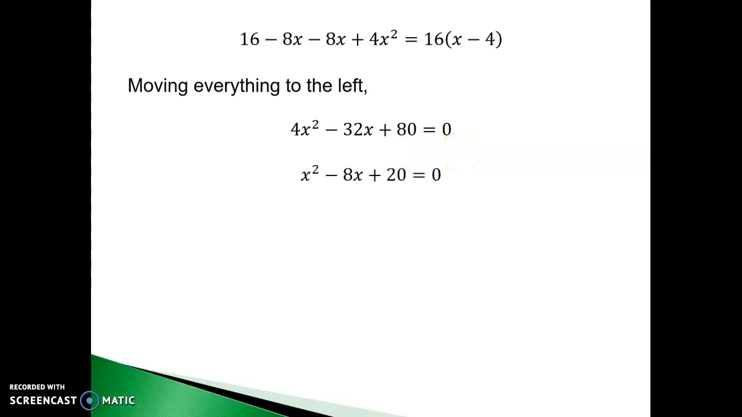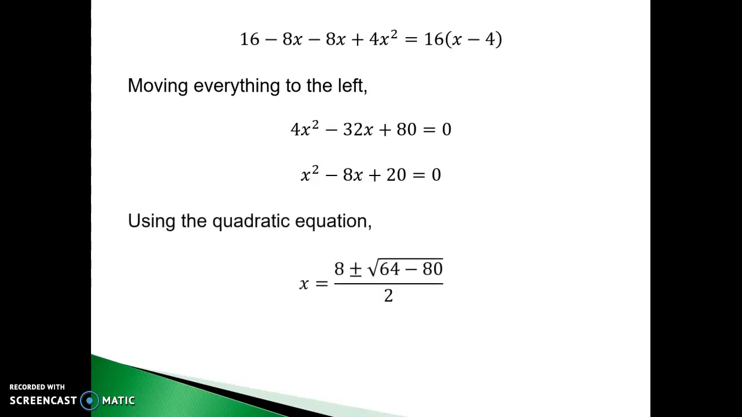So then, actually, I noticed that everything is divisible by 4, so I'm going to divide that out. So we get x squared minus 8x plus 20 is equal to 0. And then using the quadratic formula, we have a is equal to 1, b is equal to -8, and c is equal to 20, and so we can plug that into our quadratic